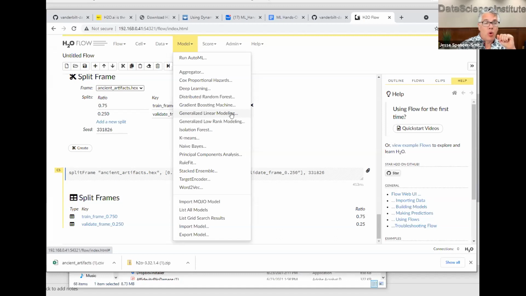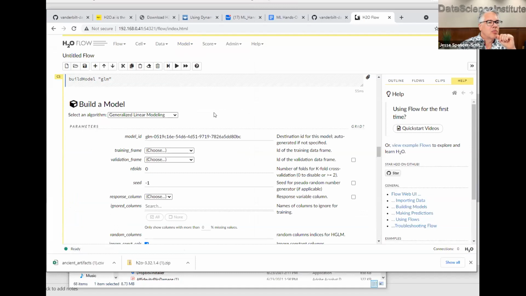So this is room 1's idea. This is room 2's idea. Generalized linear modeling. This is building a model. This is going to be an automated way to train up the model in pretty much the same way that room 2 was thinking. You look at all the numbers, you figure out how the numbers differ between the EXP, the experimentally derived, the modern day stone napper made, versus the site, what came from the soil.